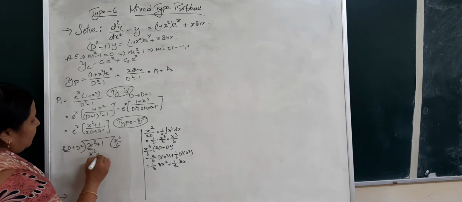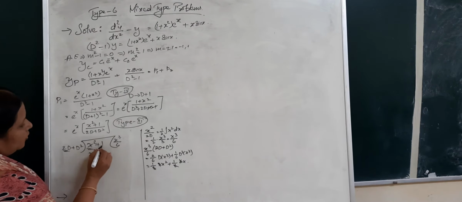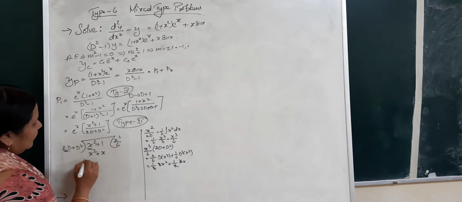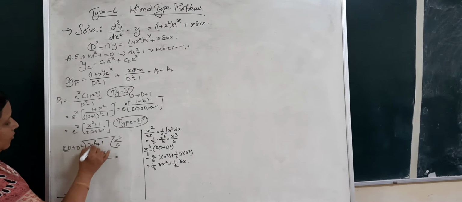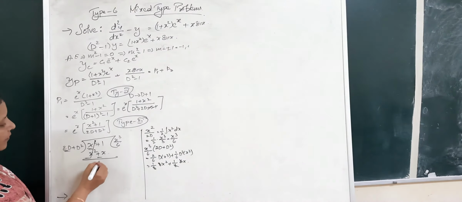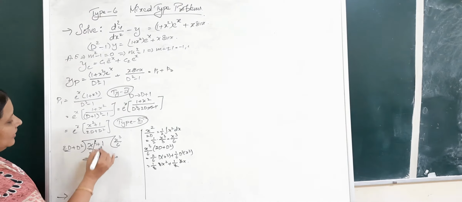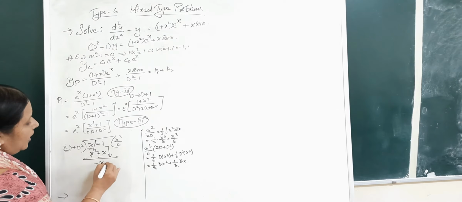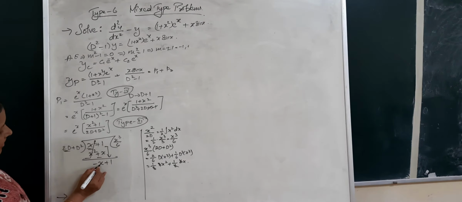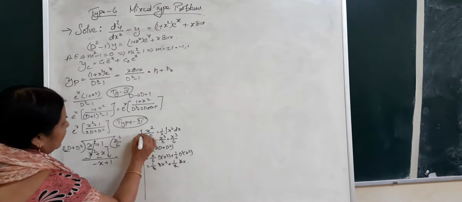So x square plus 1x. There is no x here, so you just write it as it is. This goes with the negative sign. Only these two get cut. The x term will be minus x as it is, and the constant should be brought down with the same sign without any change, so you get a plus 1 here. Once again, first term divided by first term. This is for the first part.